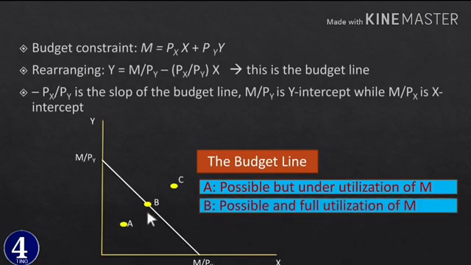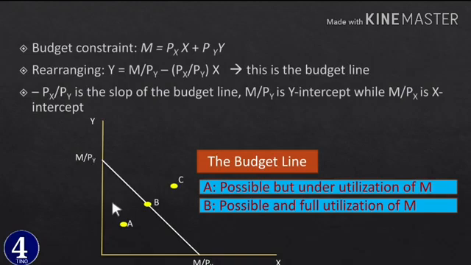When we come to point b ላይ ስንመጣ, እቺ point b ደግሞ actually አሁንም still triangle ላይ ስላለች it is possible, and also it is a point of full utilization of our income። ያለንን ገንዘብ 100 ብር ካለን 100 ብሩን ሁሉ አውጥተን ነው b ላይ የደረስነው። b ማለት ይሄን ያክል x እና ይሄን ያክል y ማለት ነው፣ a ማለት ደግሞ ይሄን ያክል x እና ይሄን ያክል y ማለት ነው። So y ትንሽ ነው xም ትንሽ ነው፣ እዚህ ጋር ደግሞ y ጨመረ x ጨመረ, still possible ነው ምክንያቱም ከኢንካም ወይም ከበጀት ላይናችን ያለፈ ስላልሆነ it is on the budget line።